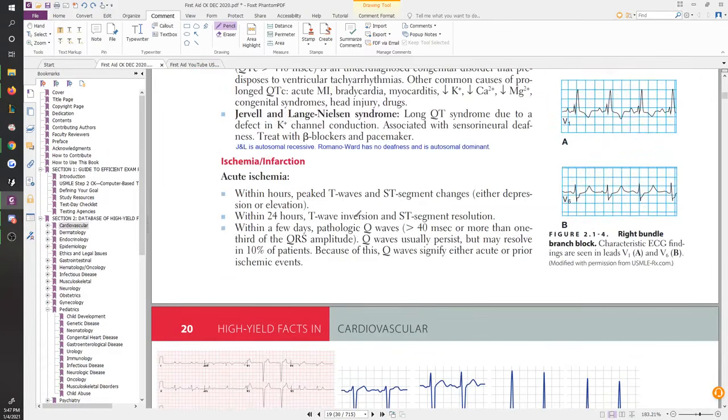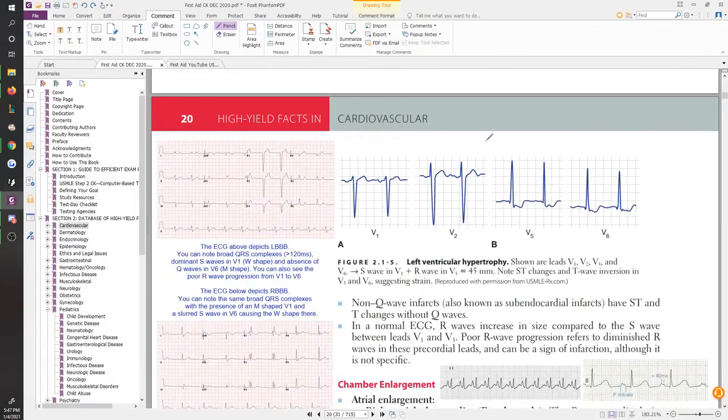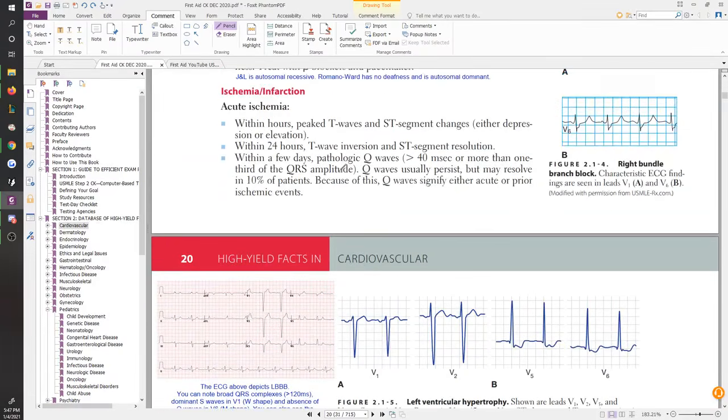The other thing is working with the ischemia and infarction stuff, right? The ischemia and infarction stuff we talked about very similarly in step 1 as well, where it was topics about the progression of an MI, what happens when a person comes in with an MI. So if a person has an MI, one of the key things you're almost always looking for are ST changes, right? Either ST elevation, so that's an ST elevation MI, a STEMI, or an N-STEMI, which is a no ST elevation, which usually means it's going to be an ST depression MI, right? And those two facts actually tell you things, right?